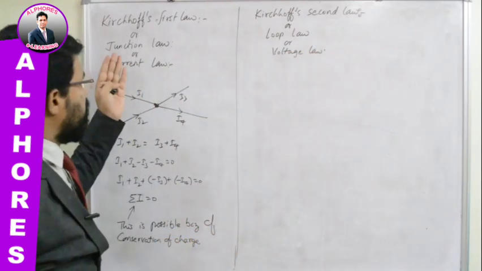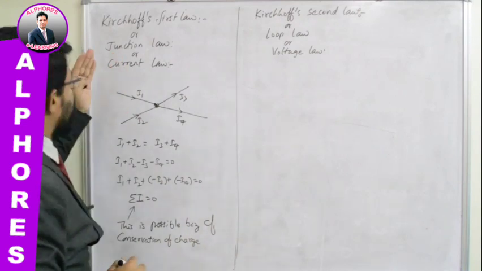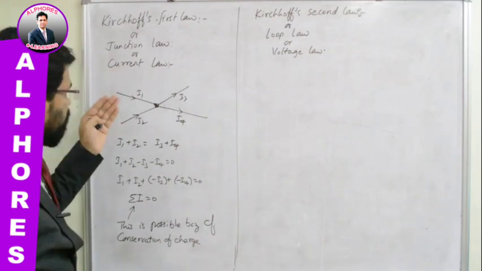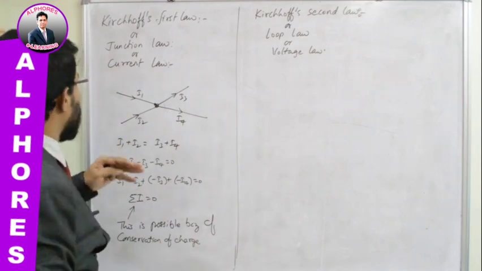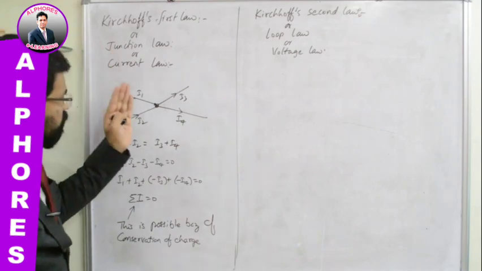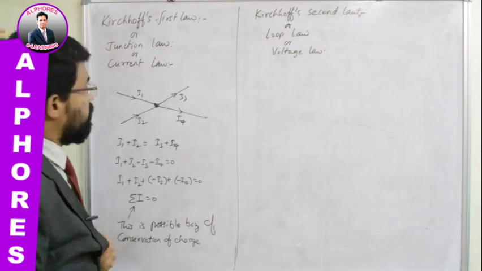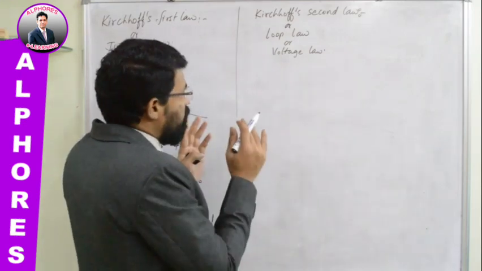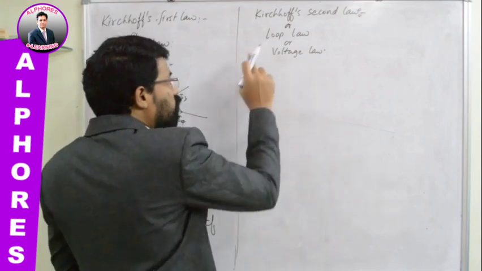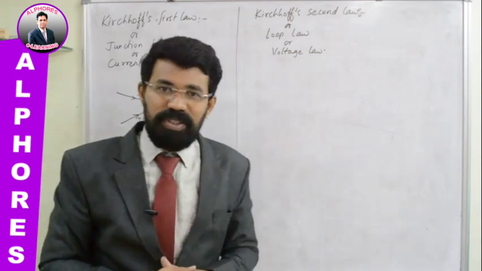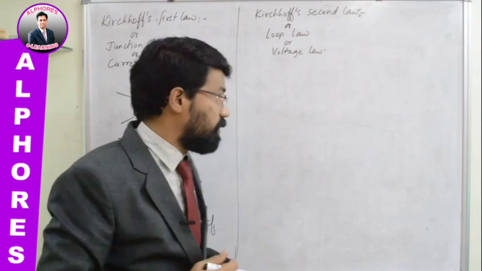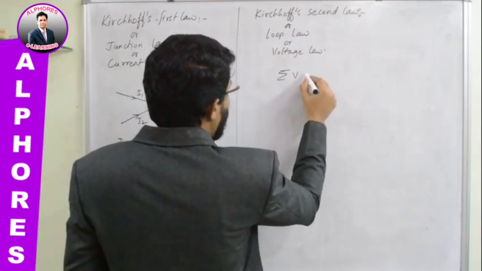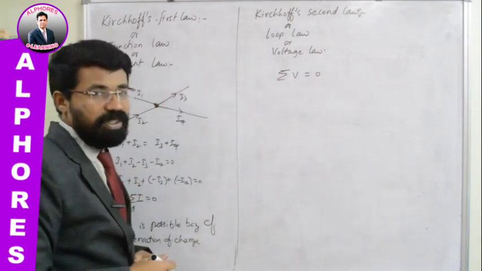See, in the previous case, you might have already come to know why Kirchhoff's first law can be called the junction law and the current law. It involves currents, so you can call it the current law. It involves a junction, currents approaching the junction and leaving from the junction, so you can also call it the junction law. Here you can understand from these names: we deal with voltages, we deal with loops. In case of Kirchhoff's second law, according to this law, the algebraic sum of potentials across all circuital elements in a circuit is equal to 0.